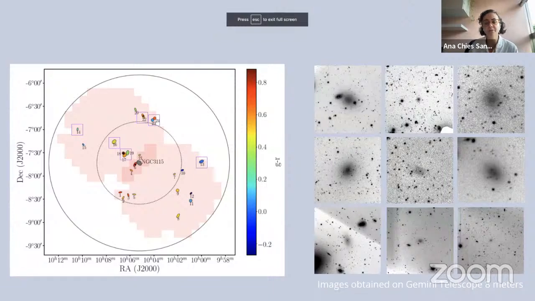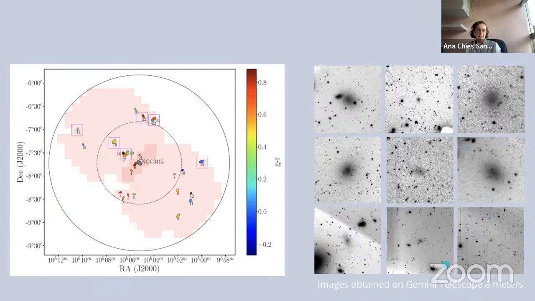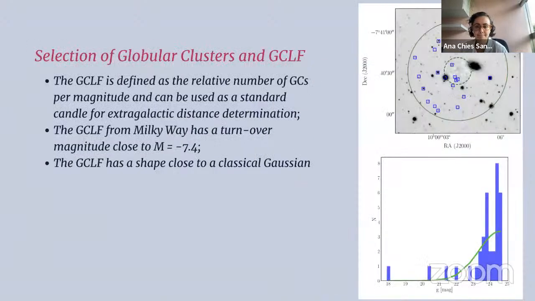And we followed them up with 6 Gemini GMOS pointings, shown as magenta squares in this left panel. On the right panel, I show the 9 LSBDs for which we obtained GMOS imaging. After selection of GC candidates, we fit the globular cluster luminosity function, which I defined in the introduction part